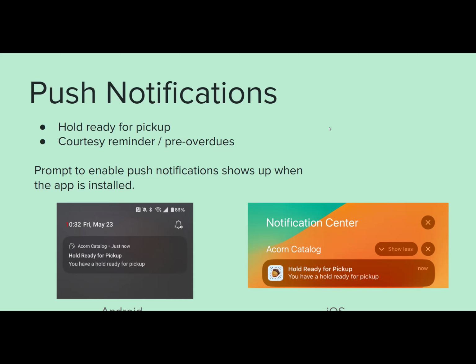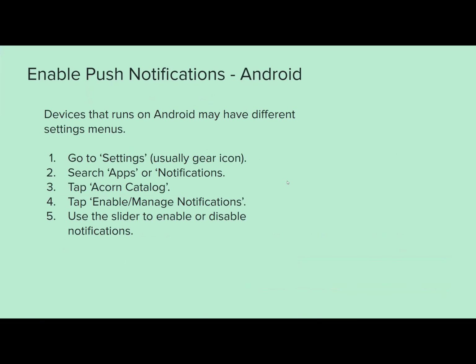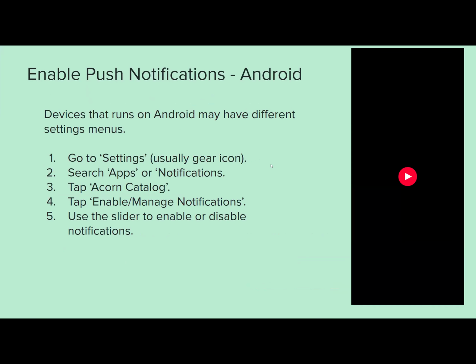Even so, during that time when we were transitioning over to the push notifications, if you did open up the app, that prompt should have come up as well. But there is a way to at least check and see if the notifications are actually enabled on a phone or not. So